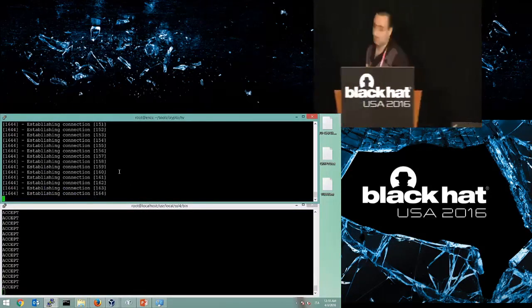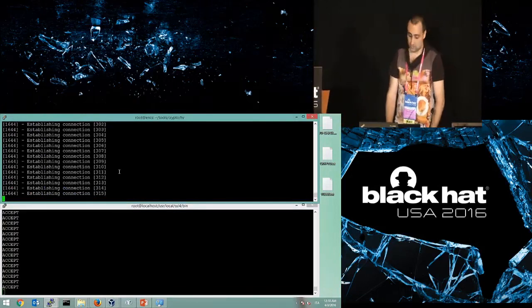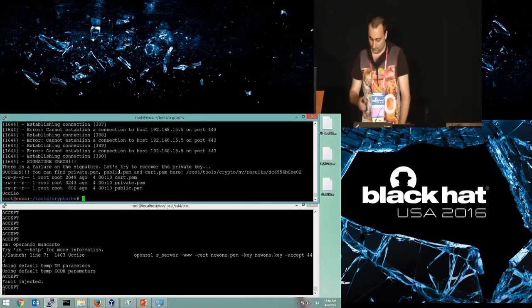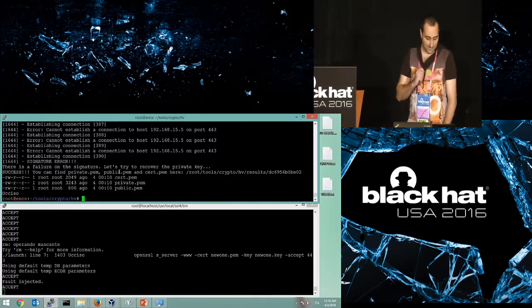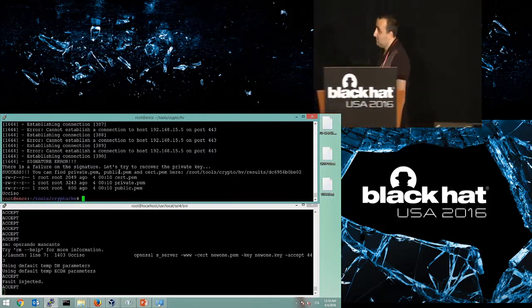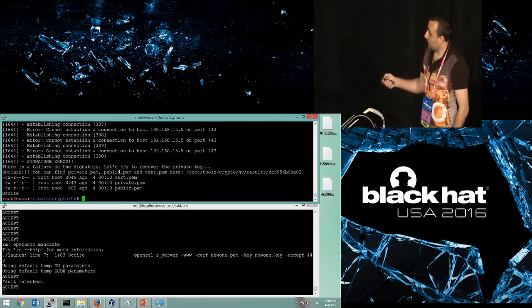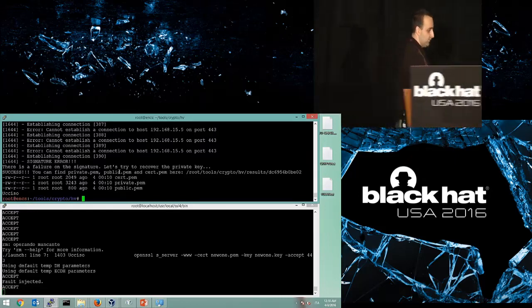Now the tool starts to establish multiple TLS handshakes until a faulty signature is detected. Apparently, there has been a faulty signature, and so apparently, the private key of the server has been recovered.